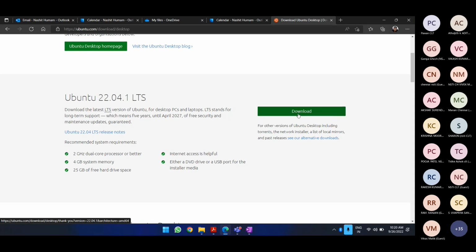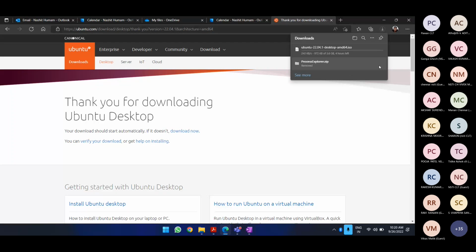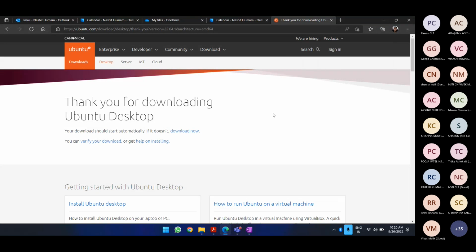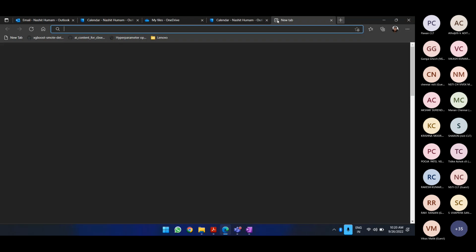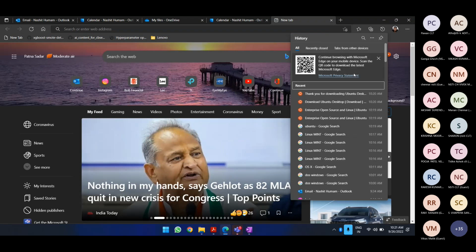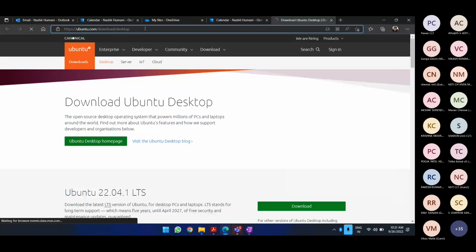It would be somewhere around 2 GB of download or a little more. I'm not very sure how much it is. That is one of the options. 3.6 GB. So it will download on my computer very easily. But I won't be downloading it since I have one available there. In case those of you want to have it on your own computers, you can download it right from there. So what was the site? Let me share it with you. Download Ubuntu desktop. Let me share it right away.